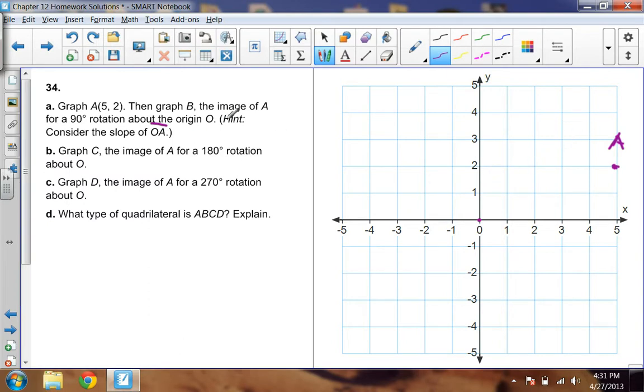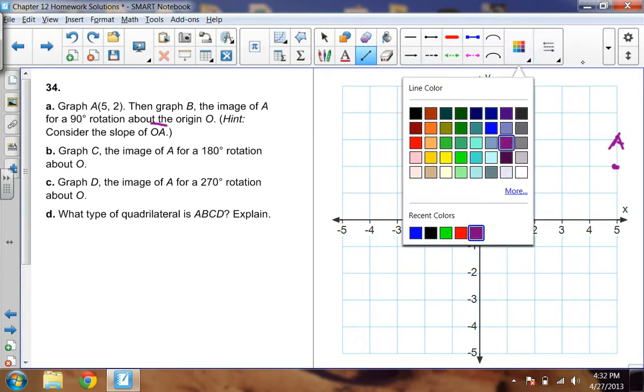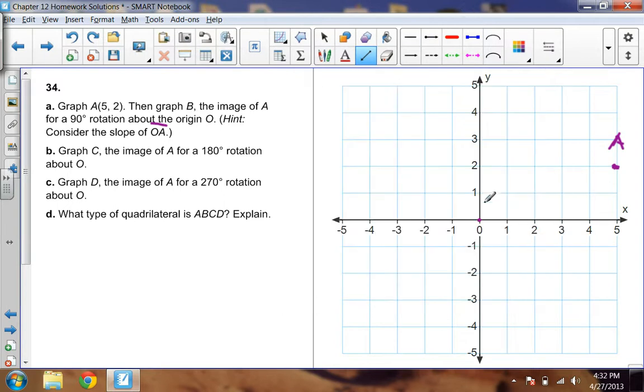So they give you a good hint in case you ever get really confused about this stuff and you don't have a compass and protractor and you don't recognize a pattern. Keep in mind that for a 90-degree rotation, from the origin to A, there's a certain slope there. And if I go from O to A, remember what slope is. It's rise over run. It looks like from O to A, I go up 2, and I go over 5. And that can't be reduced at all. So the slope of that line is 2